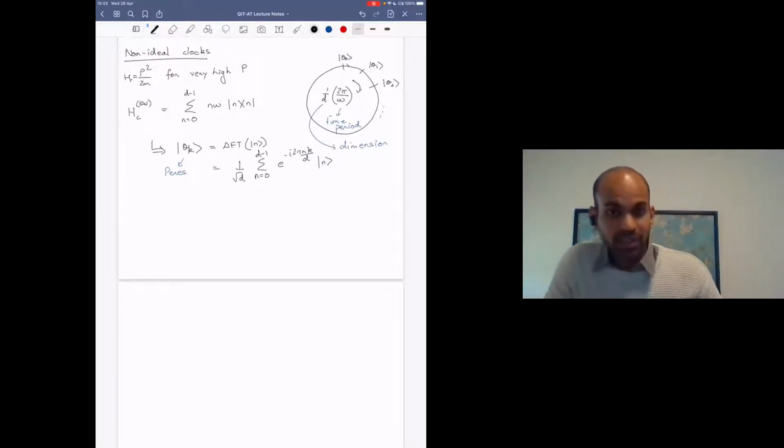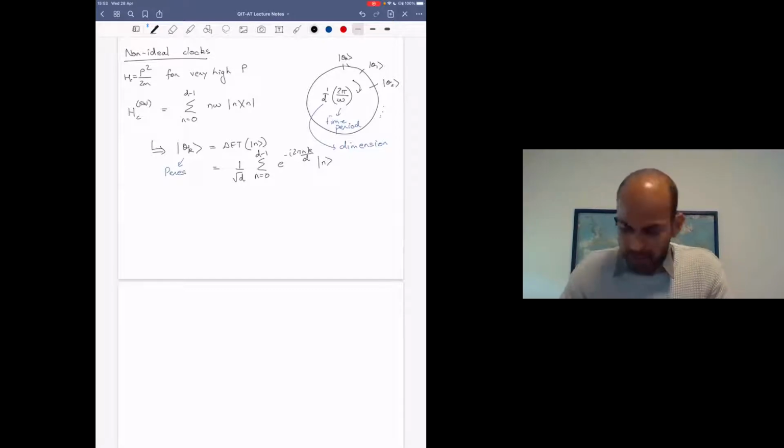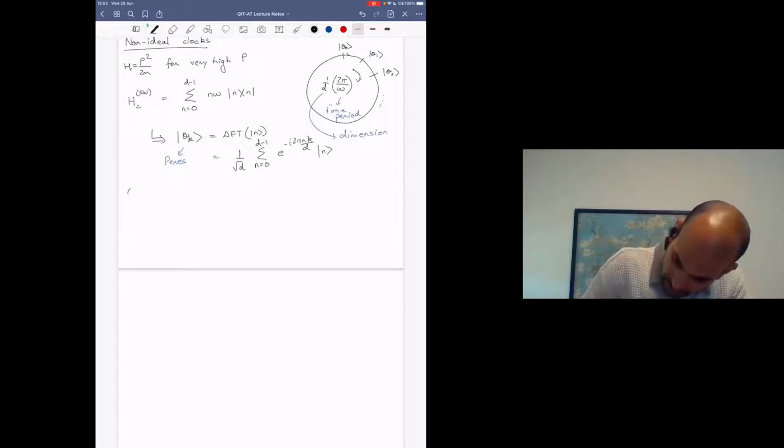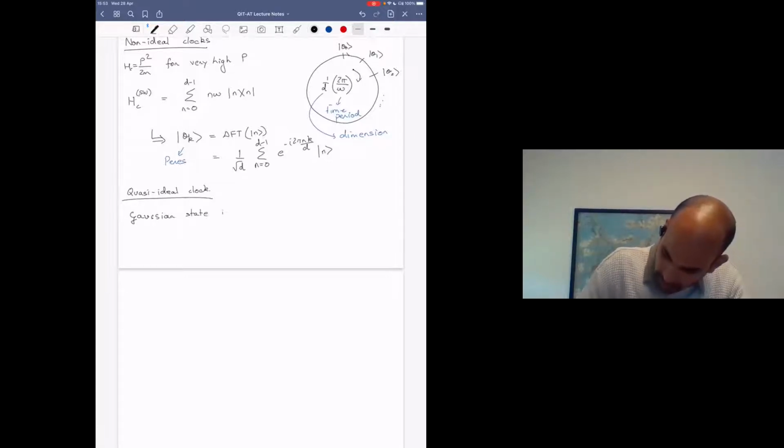While the Pegg-Barnett states are unstable, it is possible to pick states that are more stable for the clock. It's something that I briefly introduced at the end of last lecture. So the quasi-ideal clock. What you do for the quasi-ideal clock is that you pick a Gaussian state in theta. So you say, let my state psi of the clock be some appropriate normalization, and you still have the sum over,